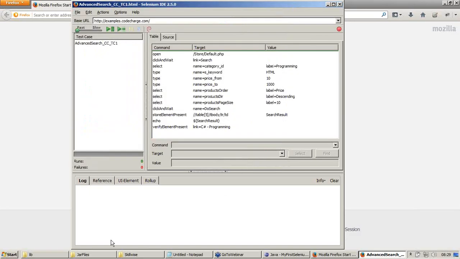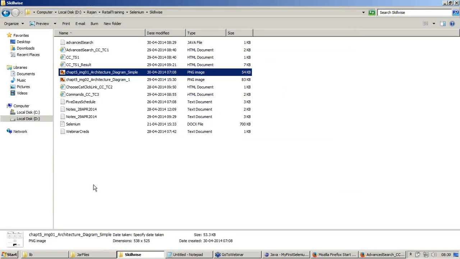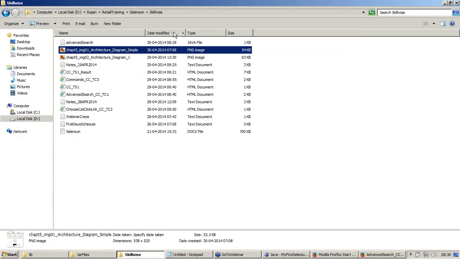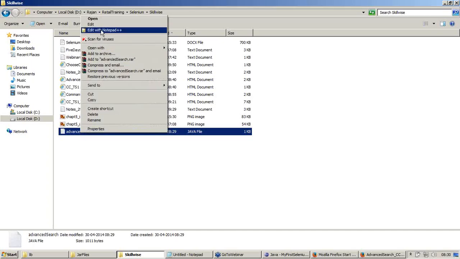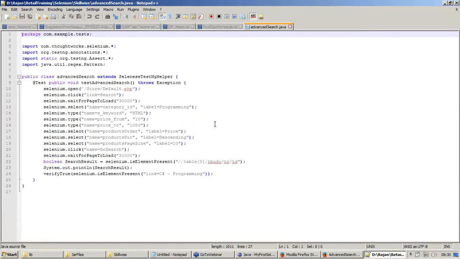I have saved it. What happened now? I want to verify it. So I'm getting back to my folder, and there is a Java file which is created. Let me right click this and say edit with Notepad++. I always use Notepad++.